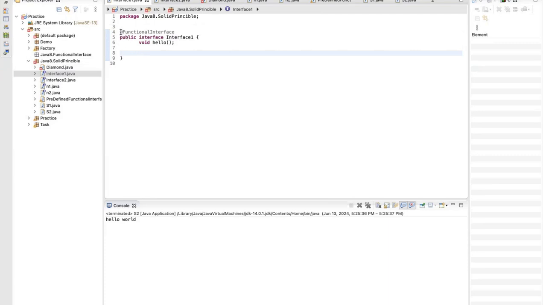So here you can see if you want to use a functional interface, you need to add the FunctionalInterface annotation on the interface level, and then this one is our abstract method. Now we can try to add one more abstract method. Let's see what happens here. So maybe here we say